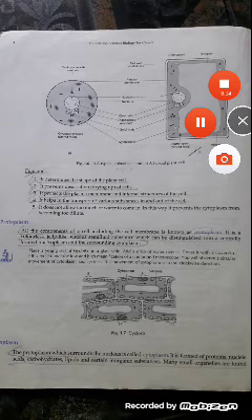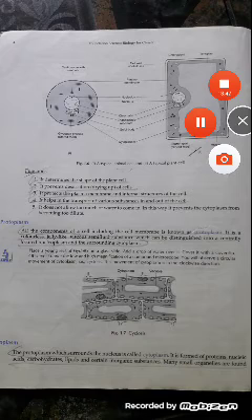Now, mitochondria have their own DNA and ribosomes. They can synthesize their own protein, and thus they are semi-autonomous organelles. They are also known as semi-autonomous organelles. So then what will be the function? Let us say once more, mitochondria provide energy for all the vital activities of the living cells. So this is about mitochondria.